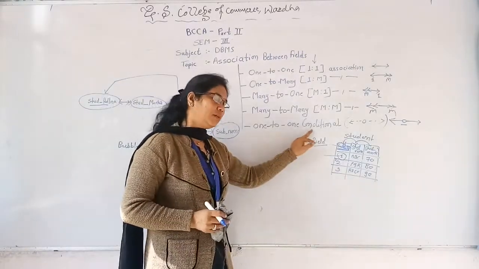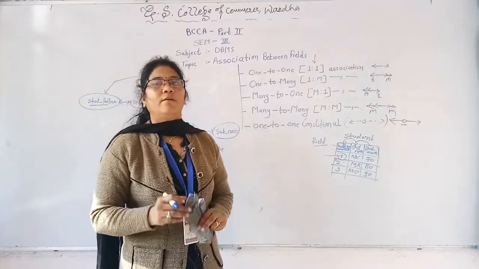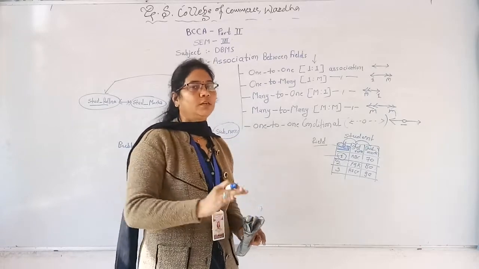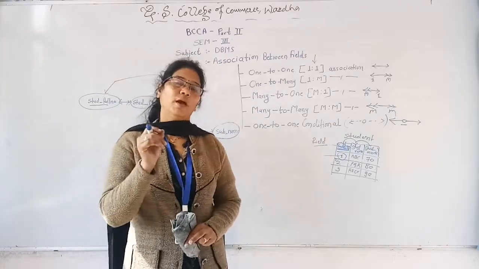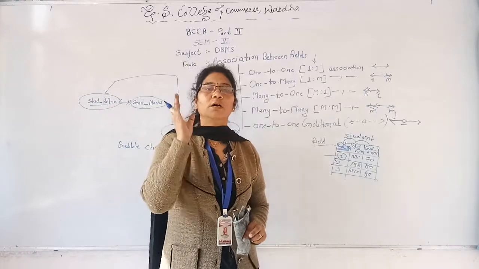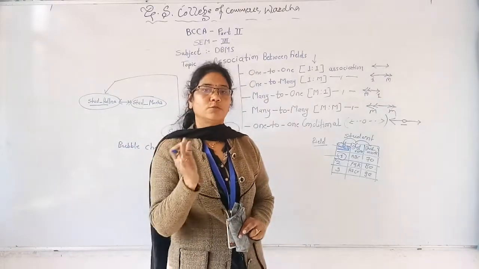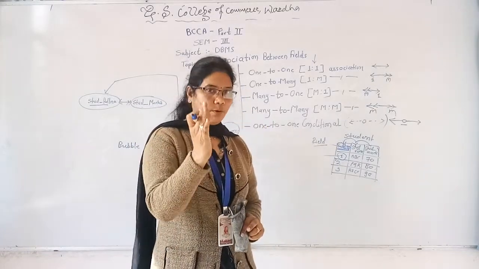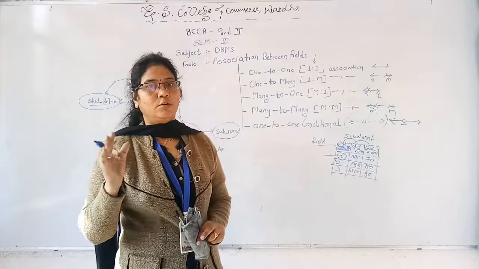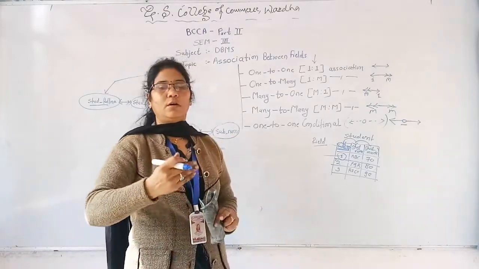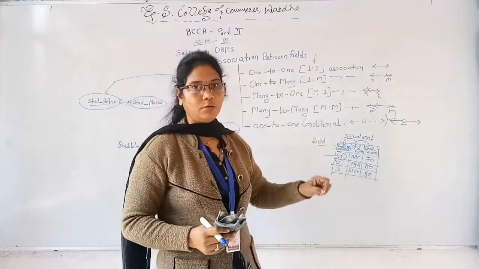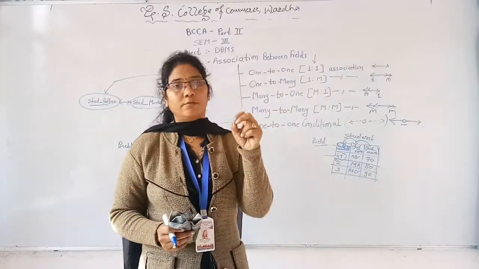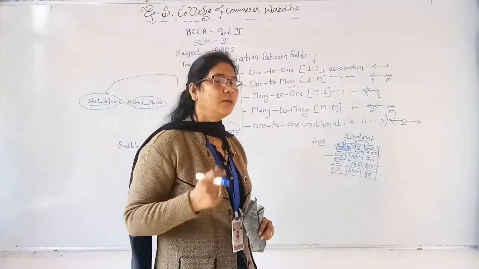1:1, but it is satisfied the condition. Like one student can get the admission in final year, but there is a condition. You have to pass in your first year, BCCA first year. So you have to clear all subjects of BCCA part 1, sem 1 and sem 2 as well. After that you get the admission in third year. So here there is one condition to satisfy, which is satisfied, after that it will proceed.